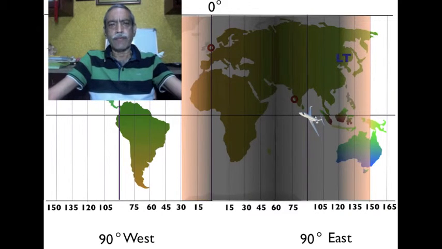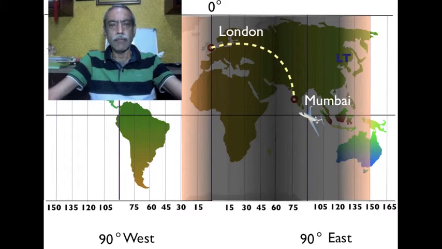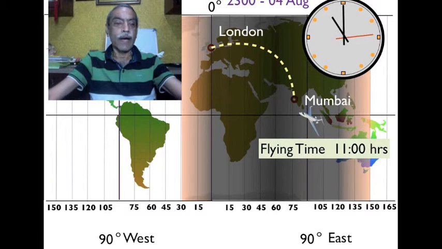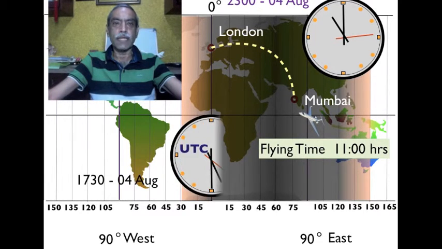Let us assume an aircraft is located in Mumbai and it is due for a flight to London. So the crew do their pre-flight preparation and find that the flying time to London is likely to be 11 hours. And it is late in the evening, and let us assume the local time at Mumbai is 2300 hours on 4th August. So at that particular time, the time at London, the destination, is likely to be 1730 on 4th August. That is early evening